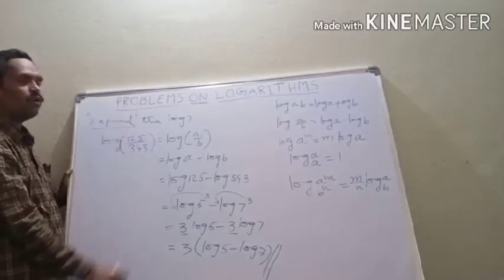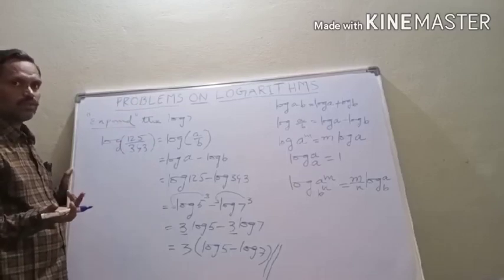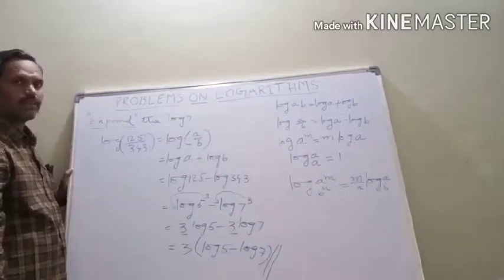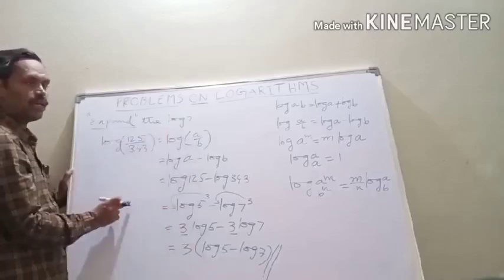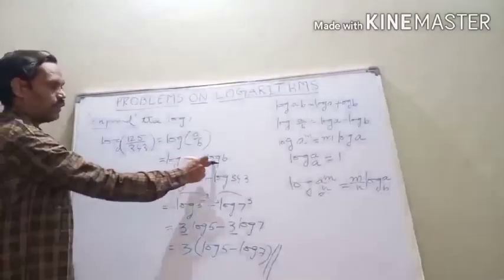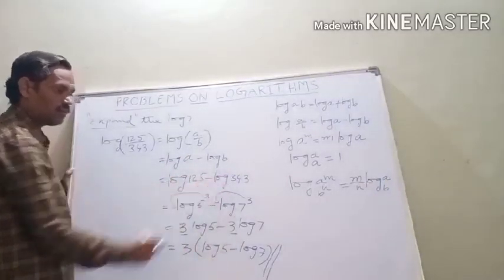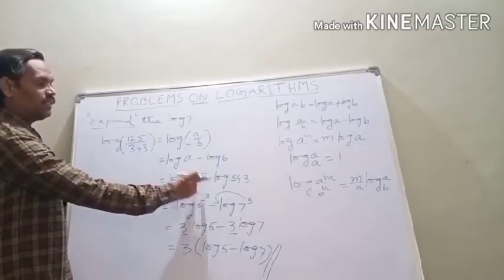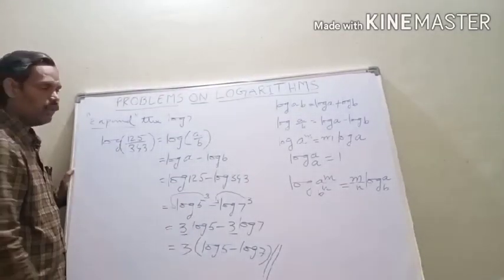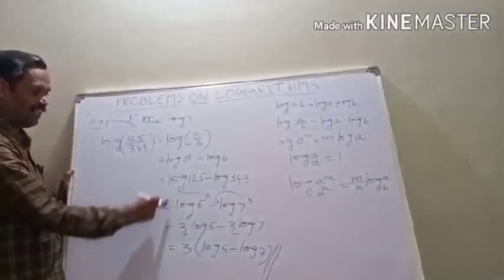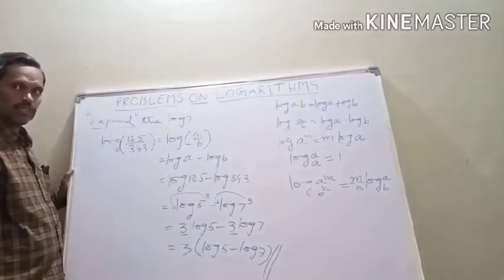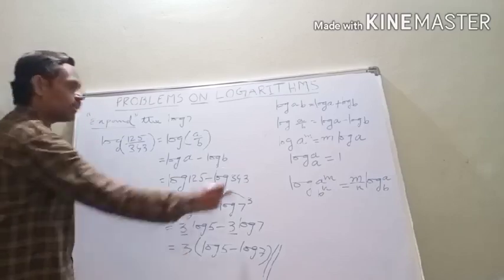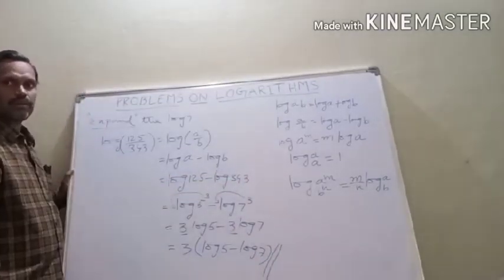can be divided into so many logs. So for that, majorly you are using these two formulae as the basic procedure. According to this, log A by B can be written as log A minus log B, that is log 125 minus log 343. It's enough. But here the problem helps us: 125 can be written in exponent form as 5 cube, and 343 can be written as 7 cube. That's why I am writing the relevant exponent forms. Suppose you have another number with no scope for writing exponential form, you will stop the problem here only. Okay, do you understand?